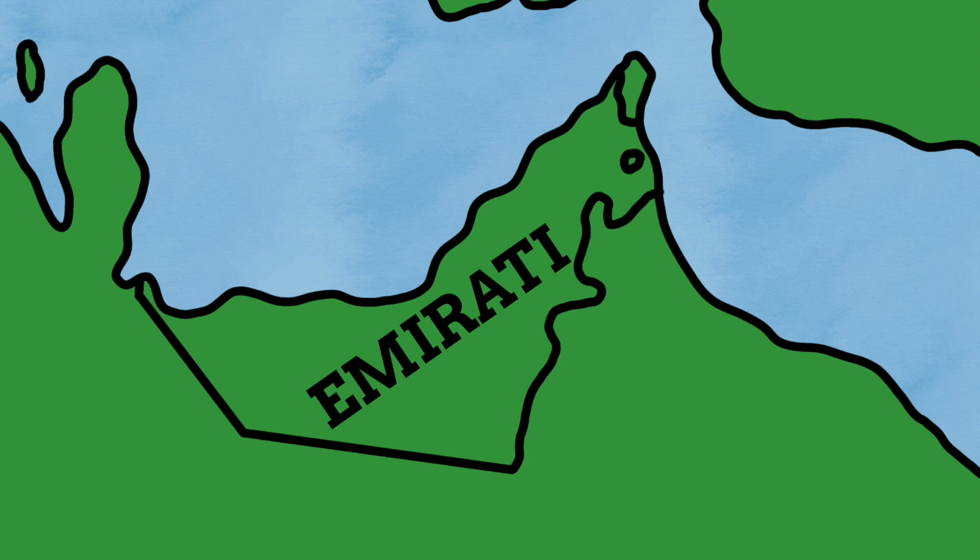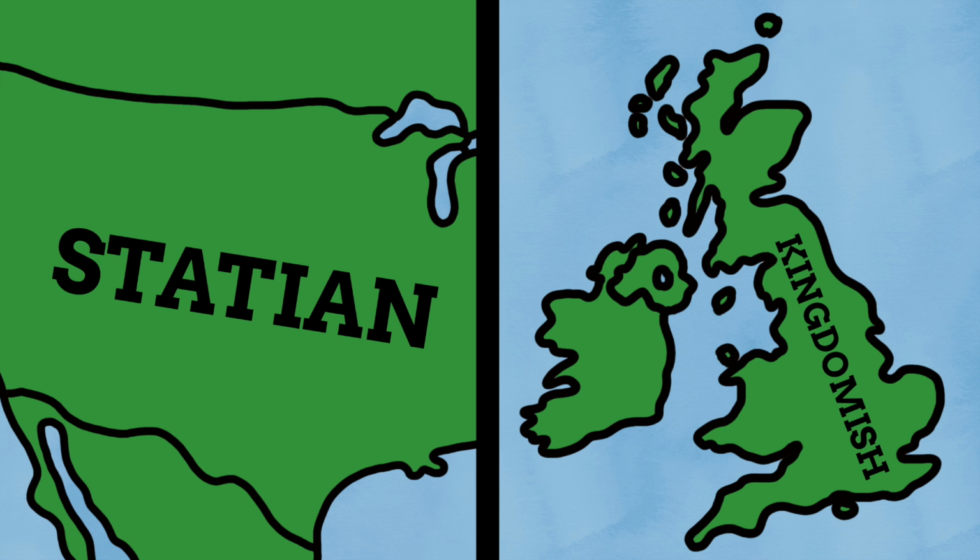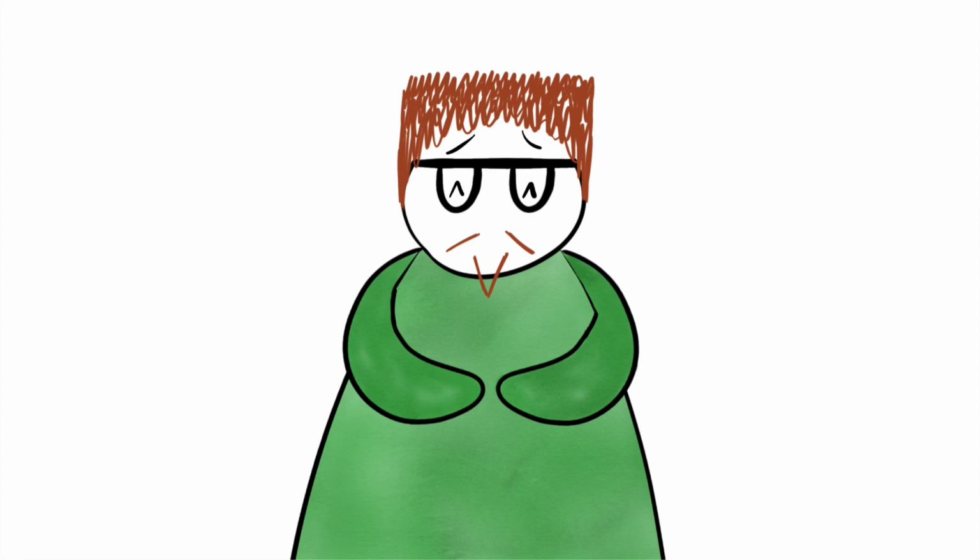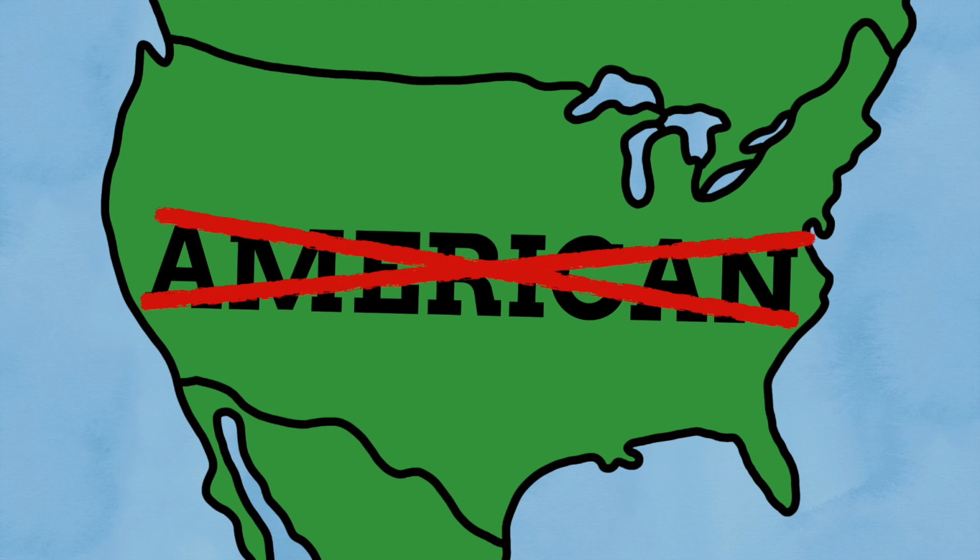I find this so fascinating because, unlike the USA or UK, their demonym derives from the kind of territory that makes up the nation. This would be like if the USA's demonym was Statian, or the UK's Kingdom. While those might sound a tad silly now, the word of Emirati shows us that these kinds of demonyms can exist. While the title of this video might be a tad provocative, sometimes you have to push the boat out to engage with people, there could be some validity to it. Perhaps one day in the future, Americans won't be called American.